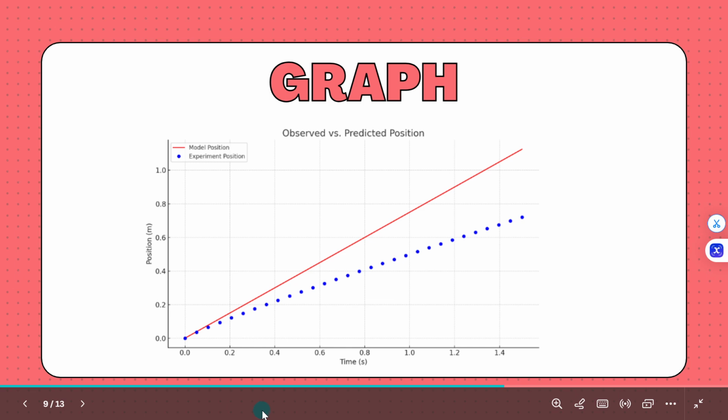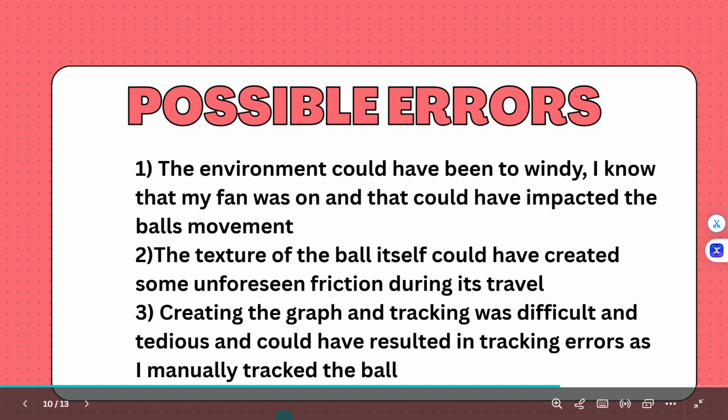So here's my graph, and you can see that it's quite similar, what was predicted and observed, but of course it's not the same. So that's what we see over here. So some possible errors. Let's talk about the environment. The fan was on when I did this. So boom, the fan could have